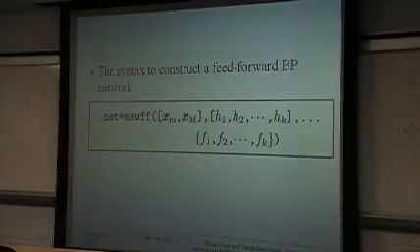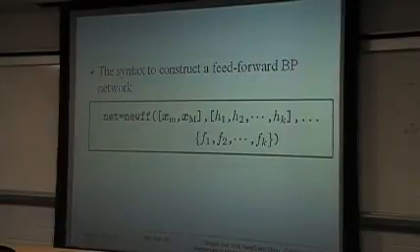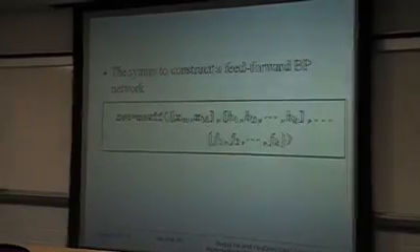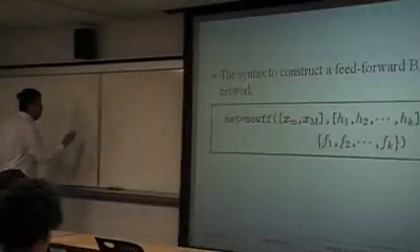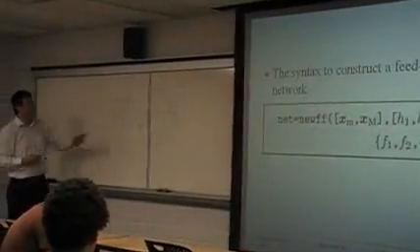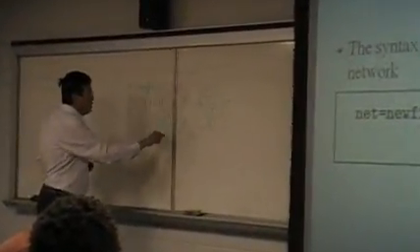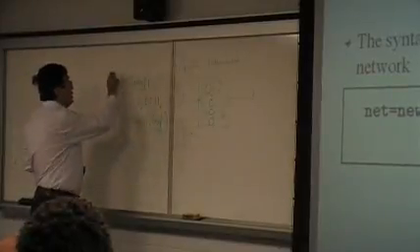And then we should have the transfer function. We can use logsig. Of course, we can use different kinds of transfer functions. So we can use a command like this to establish